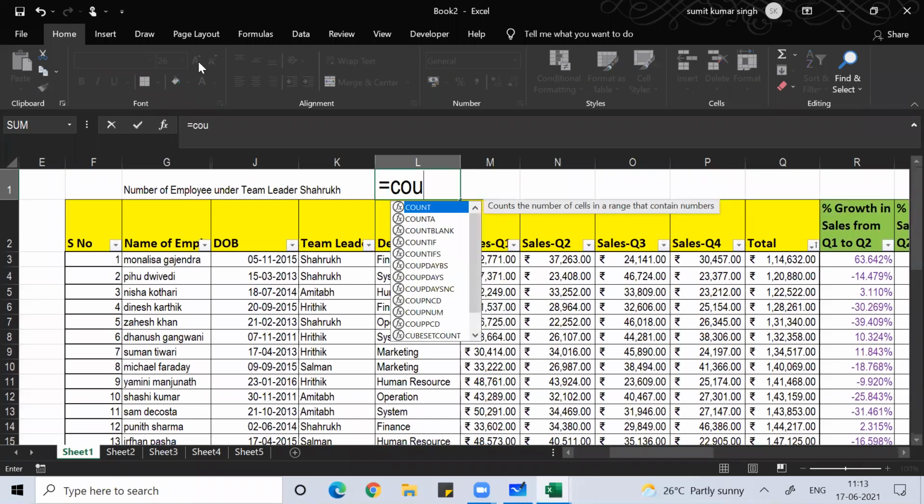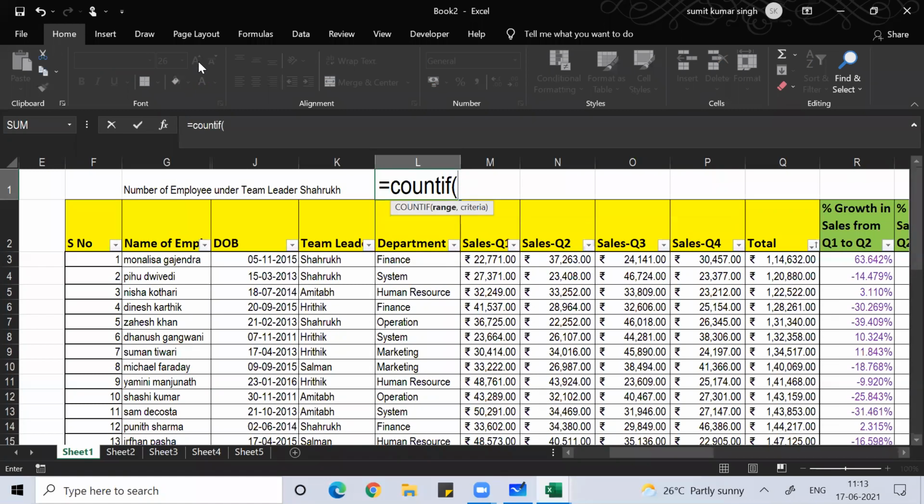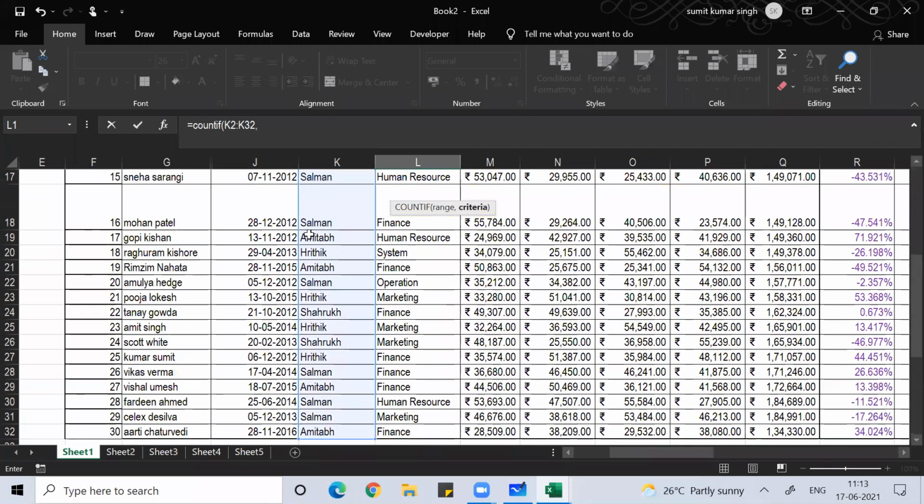Use equal to COUNTIF. Range: what is your range? Range is team leader. This is your range. Select this, comma. What is your criteria? Criteria is Shahrukh. Click on Shahrukh, or you can write it under double quotes.